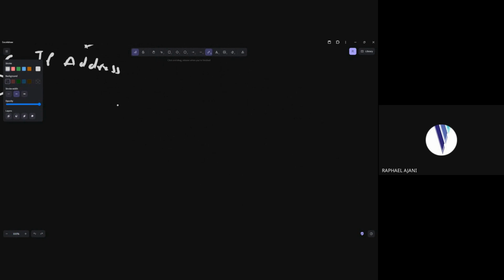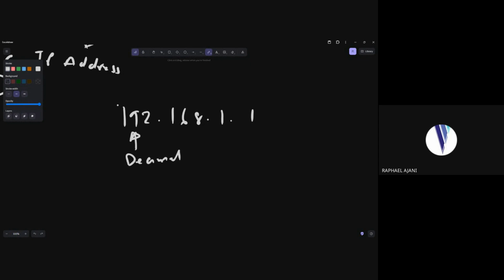It's a way of designing your network. You need to understand your IP addressing to be able to know how your network is going to be set up. And usually, I will start by saying that if you notice 192.168.1.1, for example, this first part of this number is represented as a decimal number,